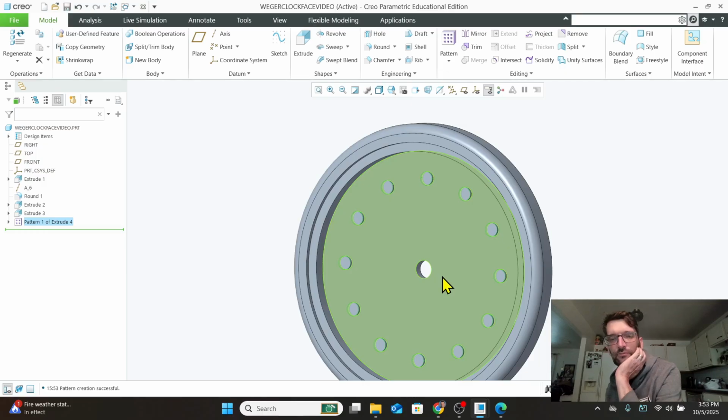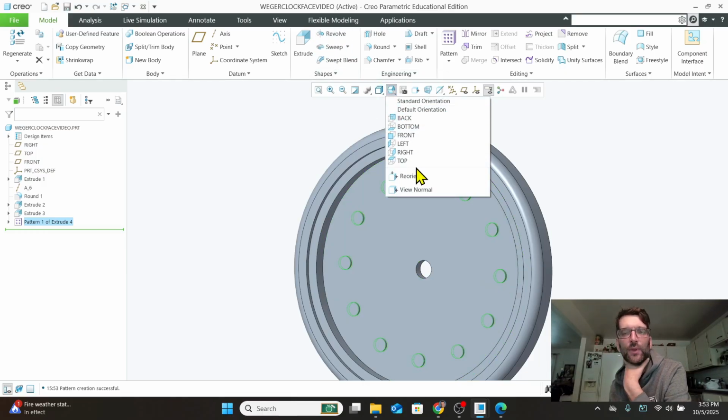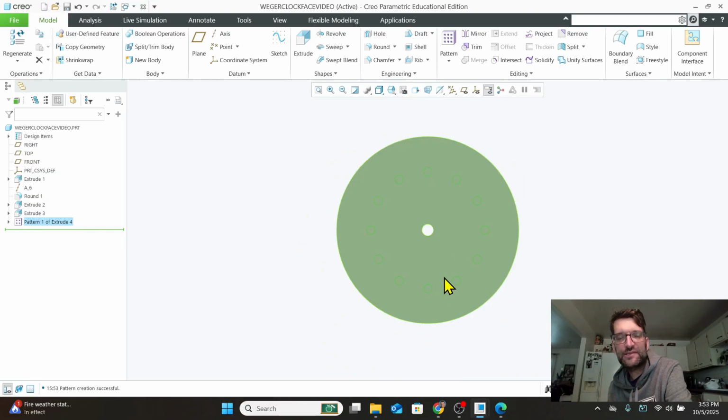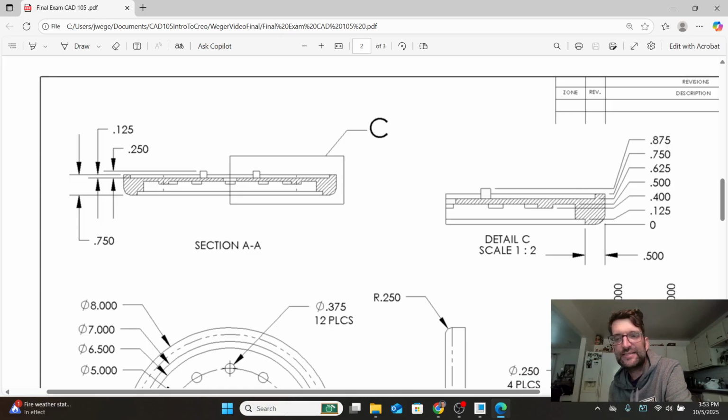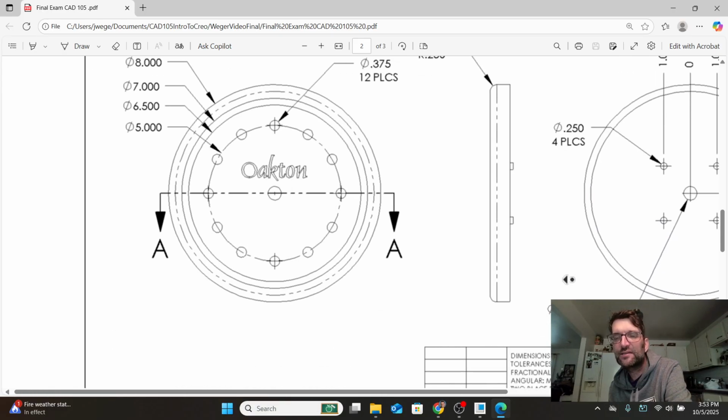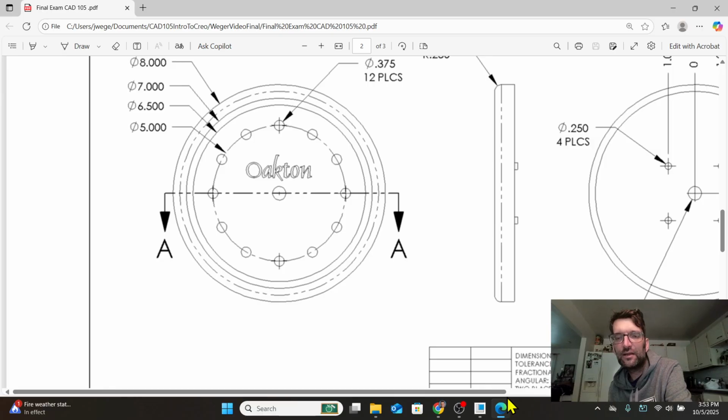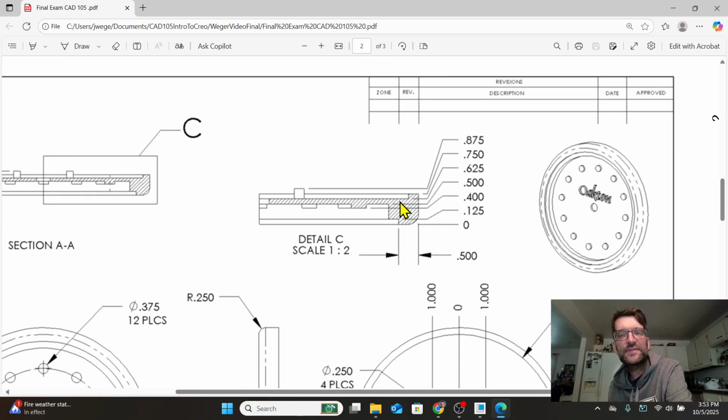Beautiful. Let's flip over to the back side. All right, to the back face. So on the back face here, we need a step down. When we look at this top view, this is the front side because we see the radius on there, the round over. So we look here, we have on the sectional view, we can see that we have a step down that is